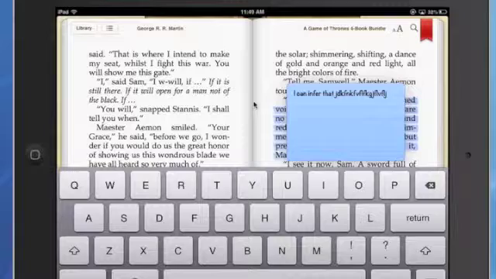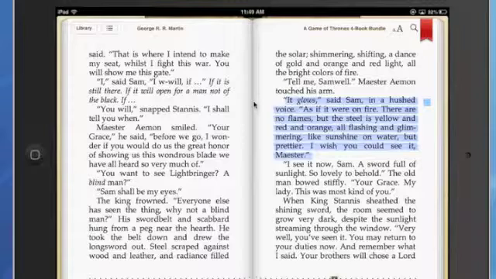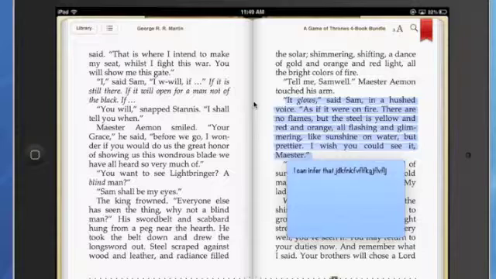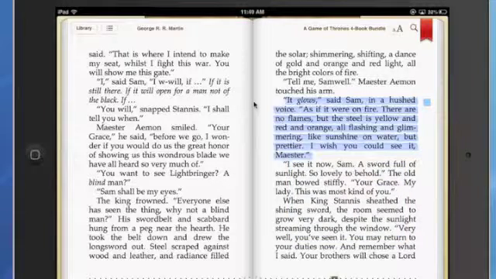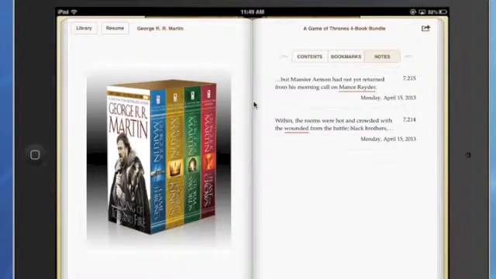When I'm finished, just tap on the little hide the keyboard, tap outside of it, and you'll notice that there is a little note in the margin, and that tells me that somebody has written something there. So I can tap on the note again, I can read it. If I go back to my choices next to the library tab, then it will also show up under the notes here. If I don't want it, I can simply swipe and delete, and it goes